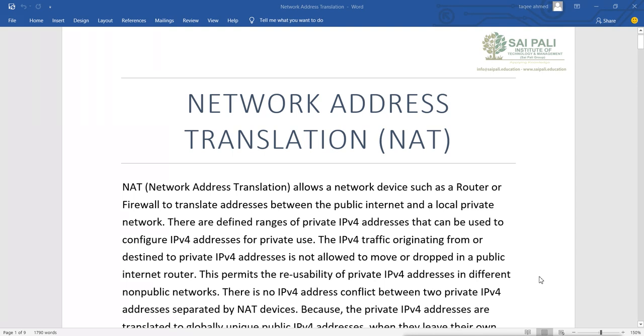of IPv4. In class A we have a private range of 10, the whole range of 10 is private. From class B we have the IP range 172.16.0.0 to 172.31.255.255. The whole range is private. And for class C we have 192.168.0.0 to 192.168.255.255. The whole range is private.